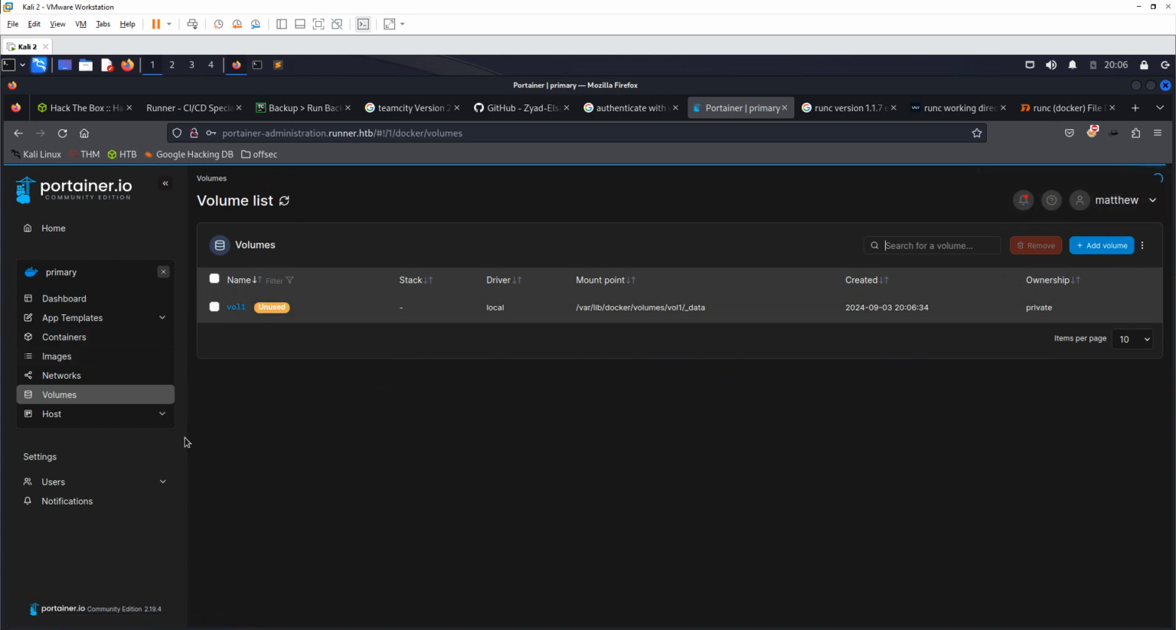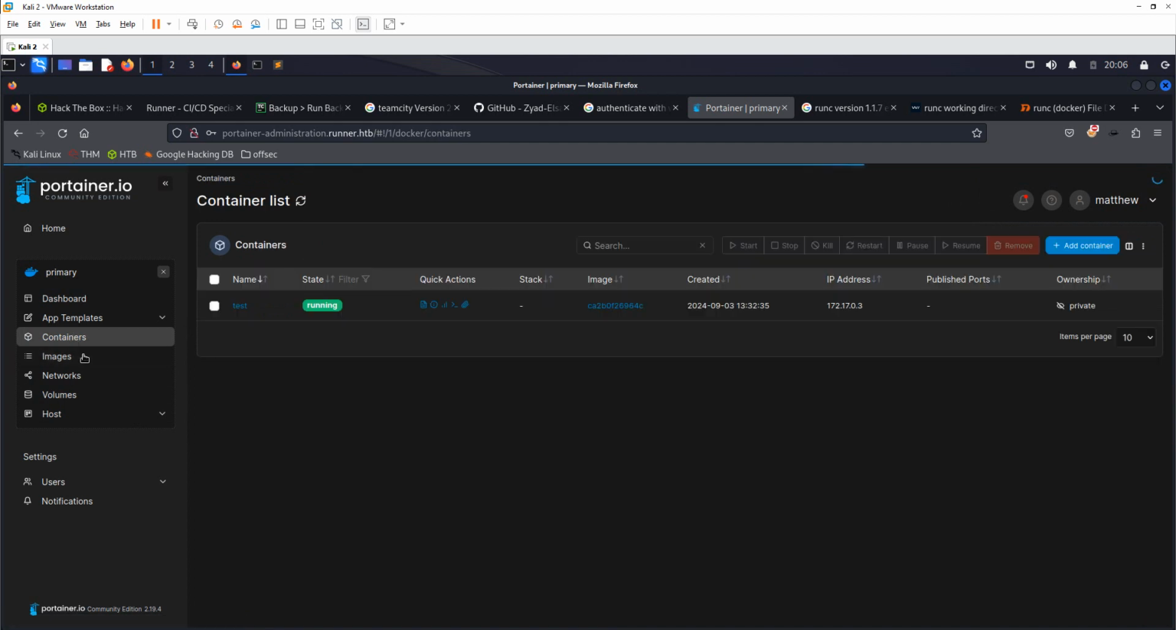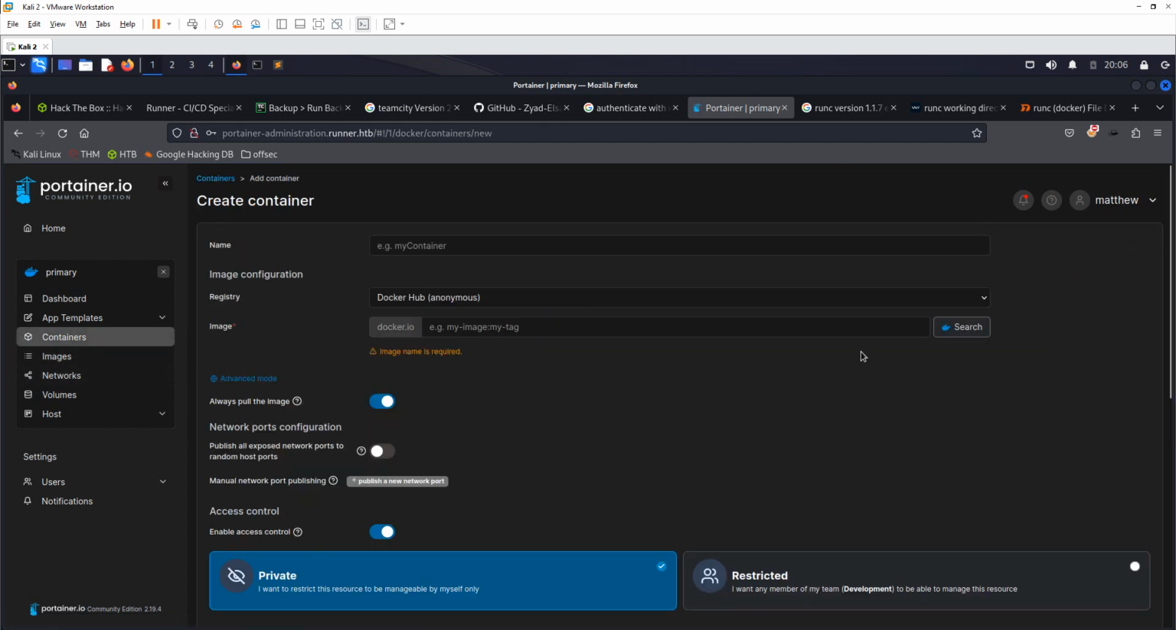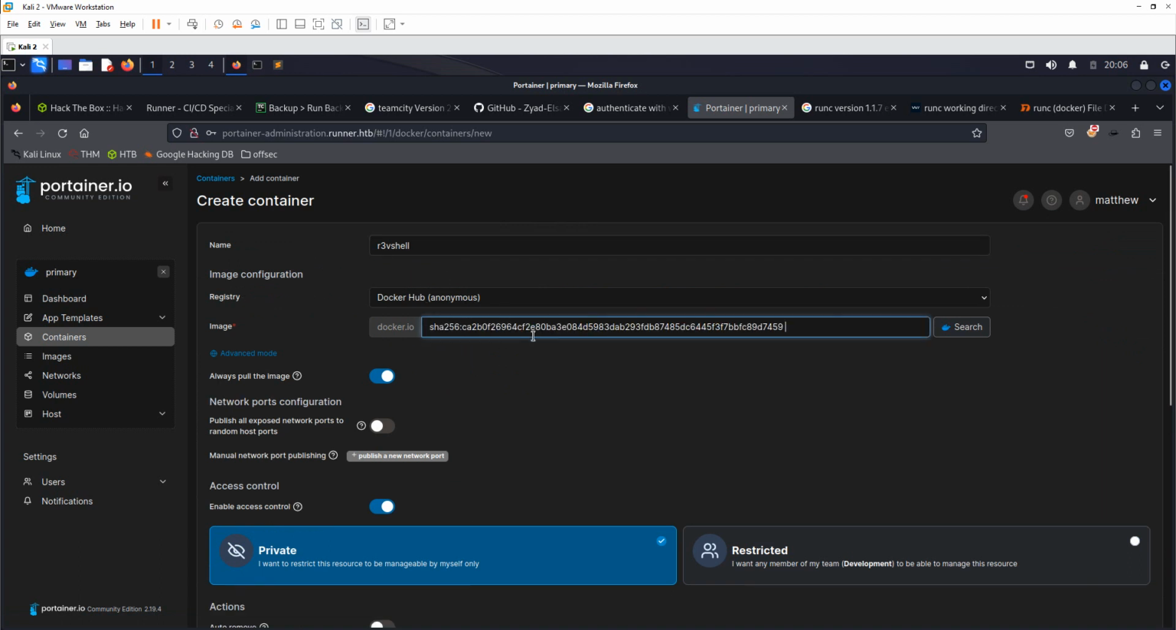We call it volume 1, and then we go to our images and then our container. So we're going to create a container, and then we'll mount the volume. So we add our container, let's call our container ref shell. Just call it ref shell, and then for the image, we're going to add the image ID that we copied